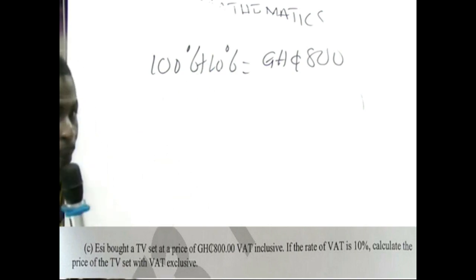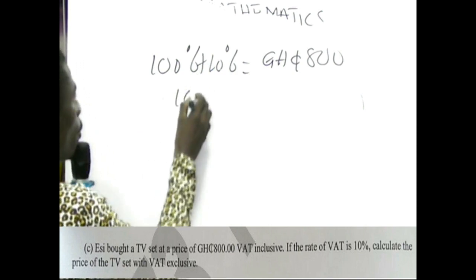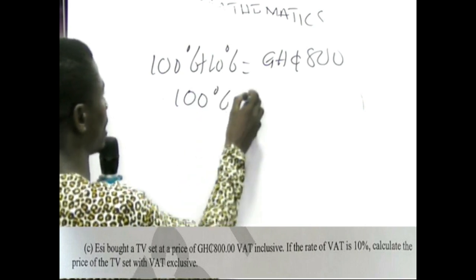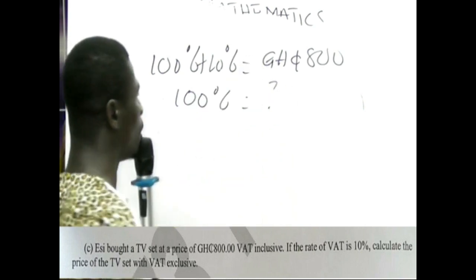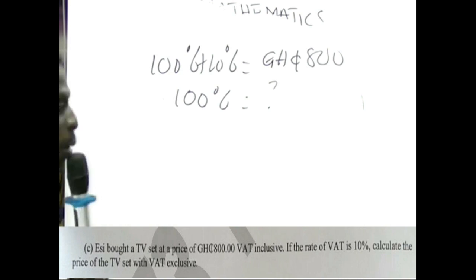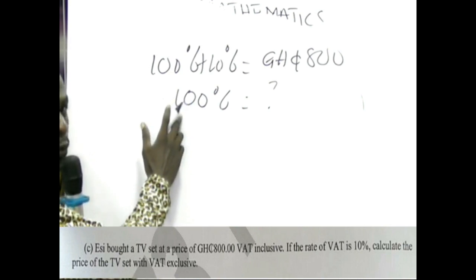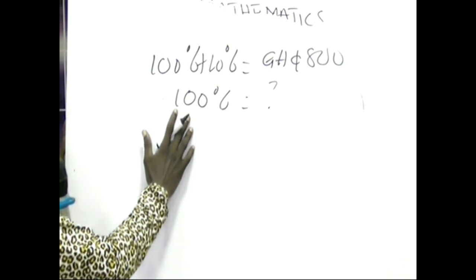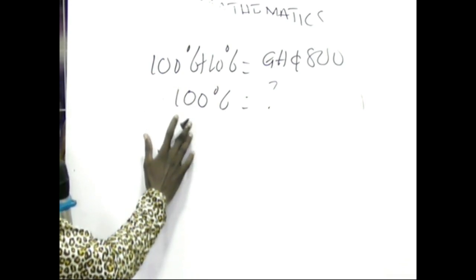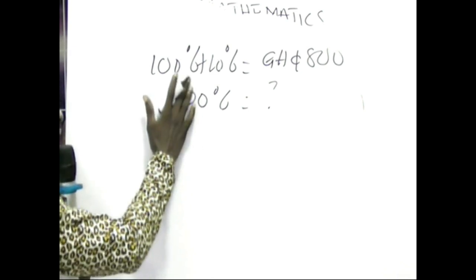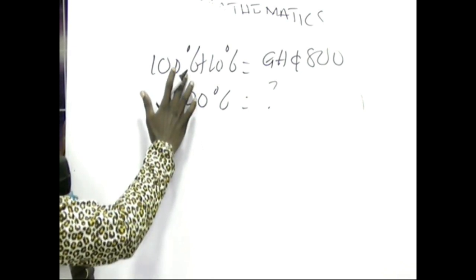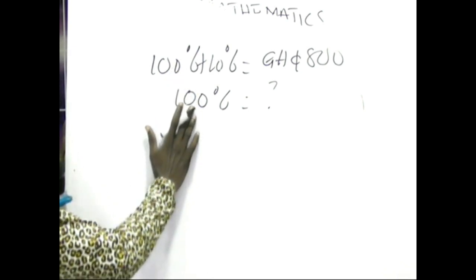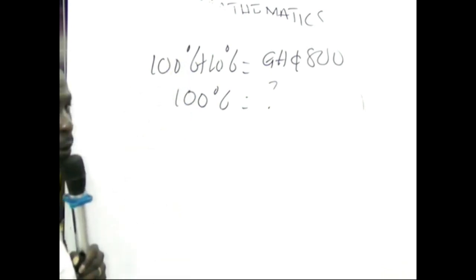But the original price of the item, we don't know. And so that is the 100%, and that is what we have been asked to find. Because we are going to find the original price without VAT, we are going to look for 100%. And you know that 100% will be less than 110%. So we are saying that if less, more divide. And so we are going to get